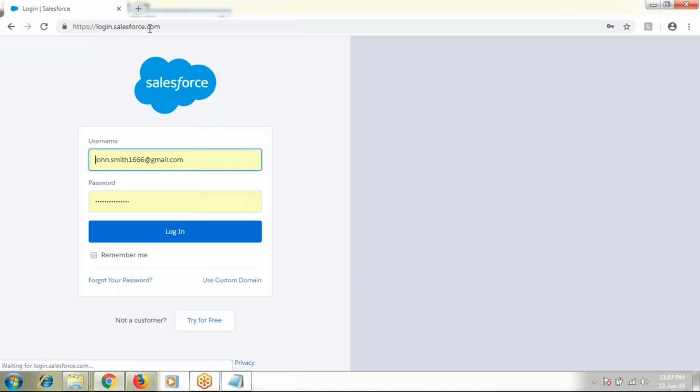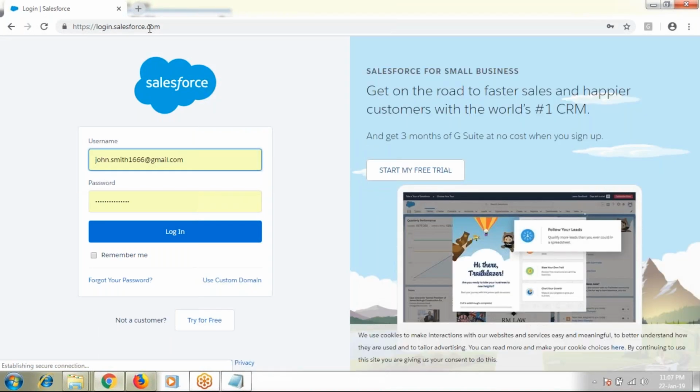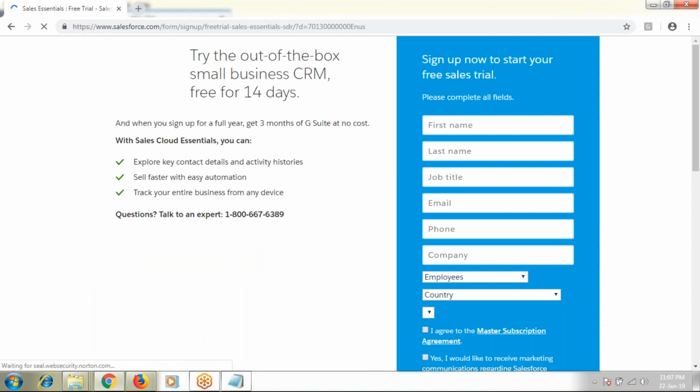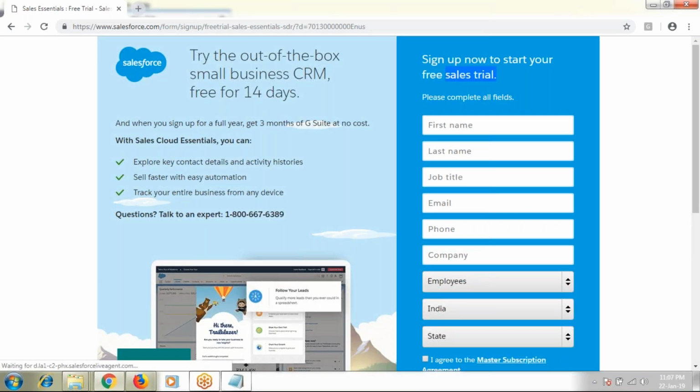And again I'm repeating, if you have already registered to Salesforce, please do not register from login.salesforce.com. The reason is, whenever you register from login.salesforce.com, you can see a button called try for free, and if you click on this, you can register free of cost, but you will get only the trial version, with access to the free edition but not to the developer edition.